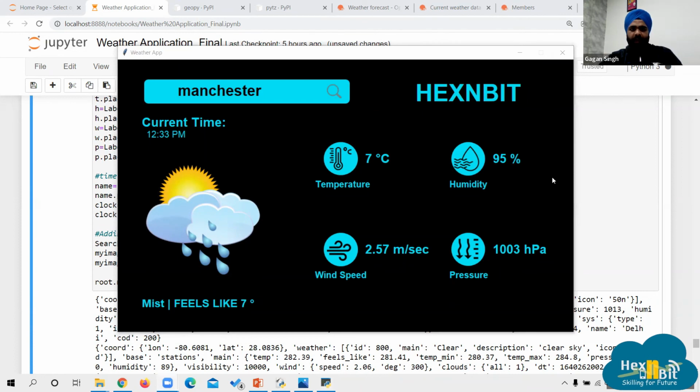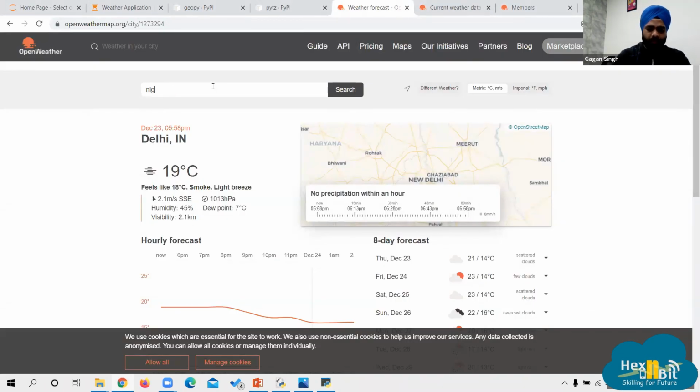Now, anyone having any queries? Help me to check Nigeria weather. Okay. If I just write down Nigeria here. So this is the Nigeria conditions at the moment. So there are different locations from where this API fetches the value. Like if I show you here, Nigeria, or if I write down Lagos and all that.